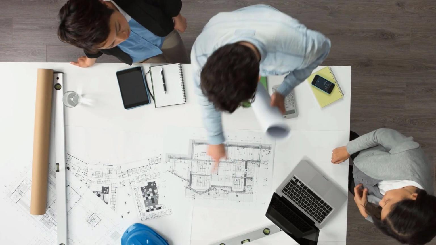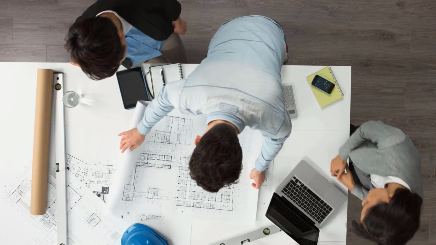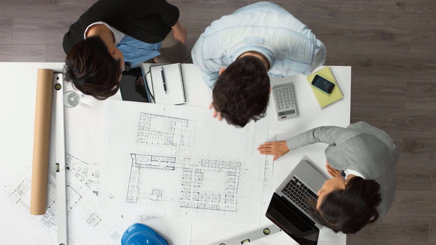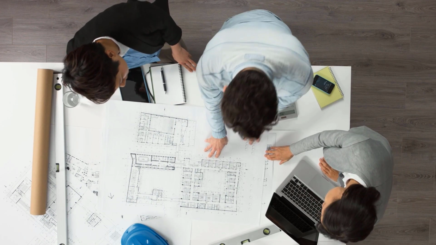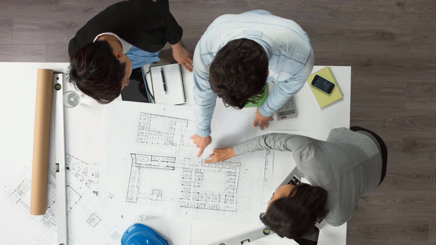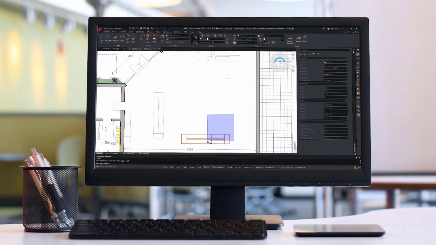These professionals are reviewing printed plans related to a construction project. But how do they know if the plans they're reviewing contain the latest project updates? In fact, while they are talking, someone in the office may be making modifications at that very moment, resulting in a new version of the drawing they are currently discussing.